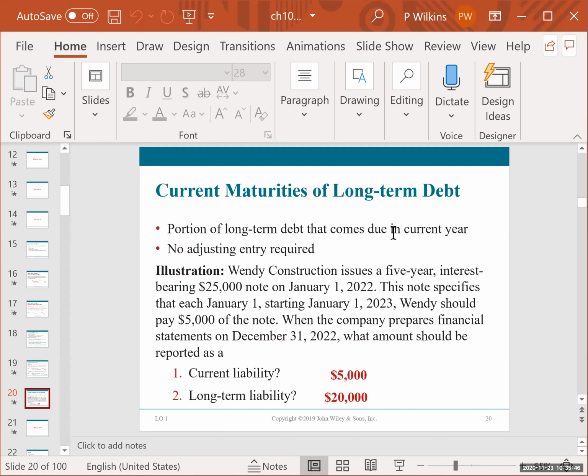So companies will look at their long-term debt and do an entry at the beginning of the year to move over the amount of long-term debt they're going to pay in the year. They move it to an account called current maturities of long-term debt, so that people looking at the financial statements will know, oh, they have a $10 million mortgage and they're going to be paying $900,000 of that mortgage this year. That impacts their financial health and how much of their assets are going to be spent on liabilities for the year.